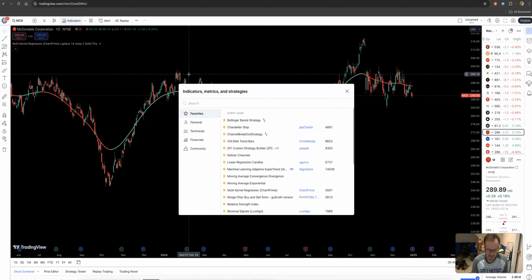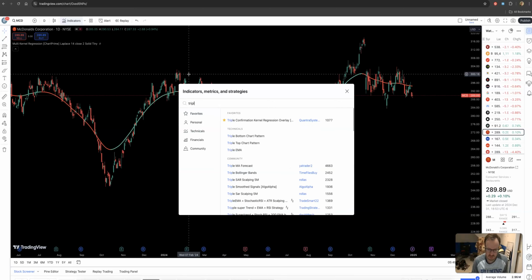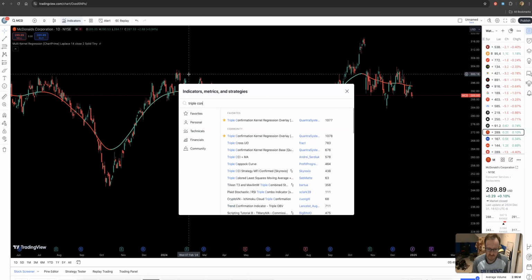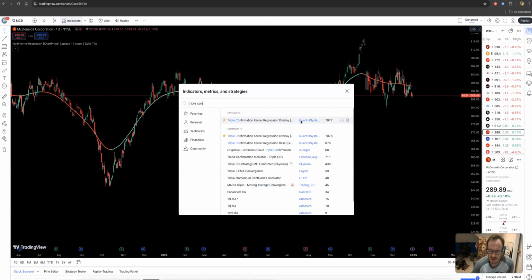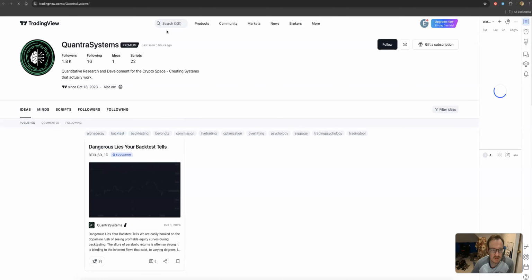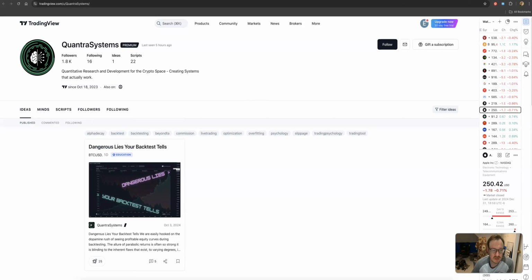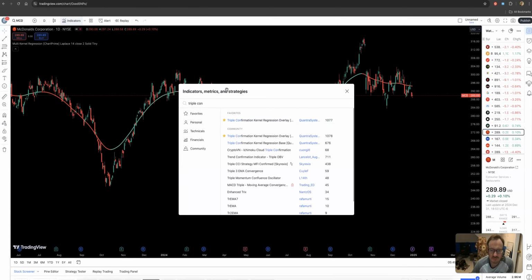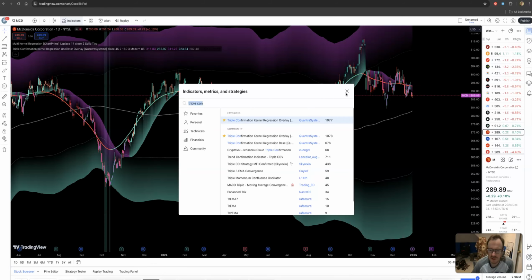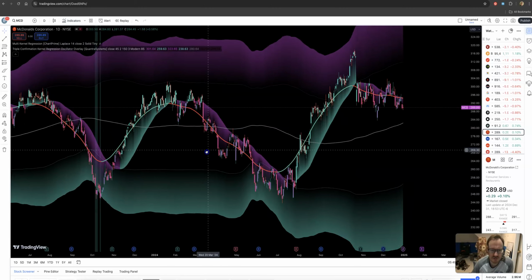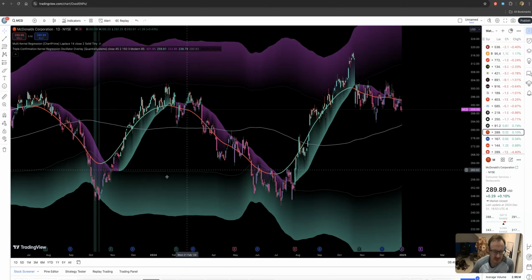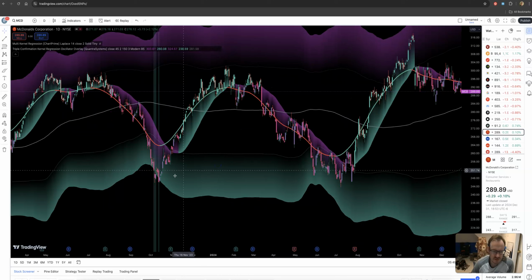And that one we would need to type in triple confirmation kernel regression overlay. It's this one that's popping up by Quantum System. Sorry, I accidentally clicked on Quantum System and that pops up, so you don't want to do that. Here we go, and voila, we got all these nice colors. So to break this down for you,